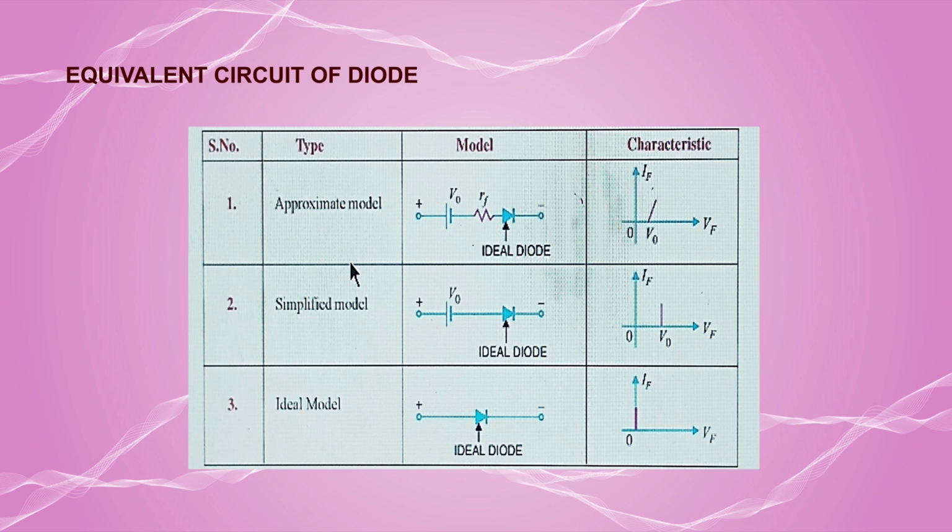In this, with the ideal diode, the barrier potential is considered as well as resistances, whether it is the forward resistance or the reverse resistance. So, the circuit which has the ideal diode with the barrier potential plus the actual resistance of the diode, that is the forward resistance of the diode,